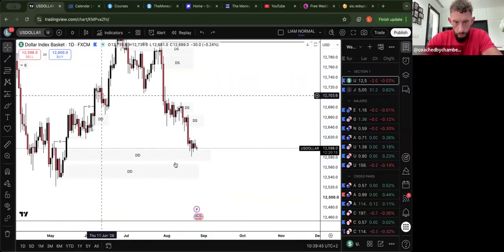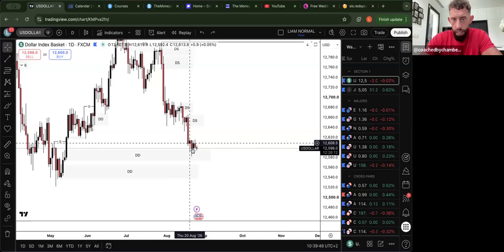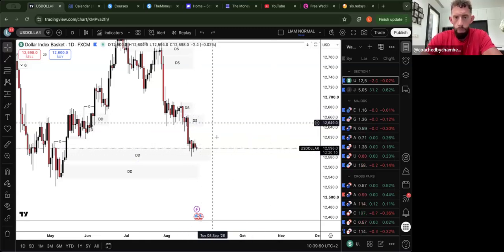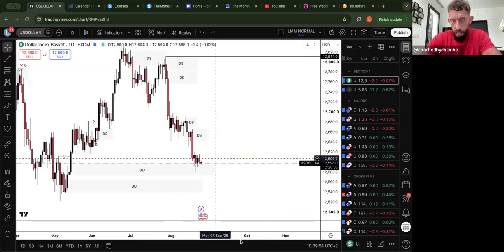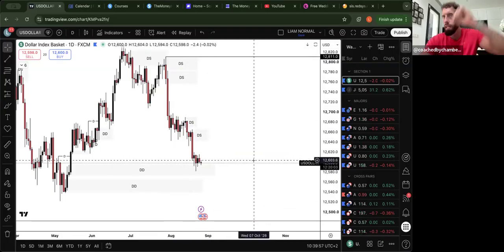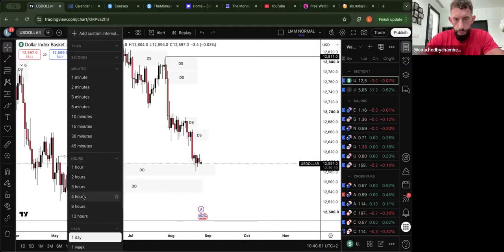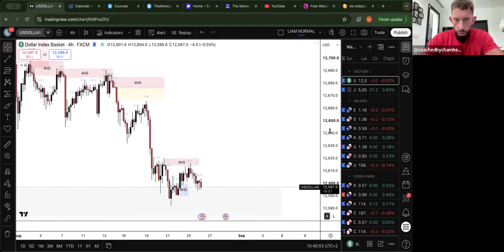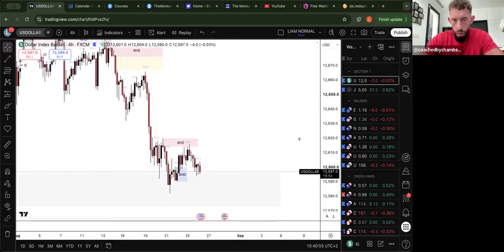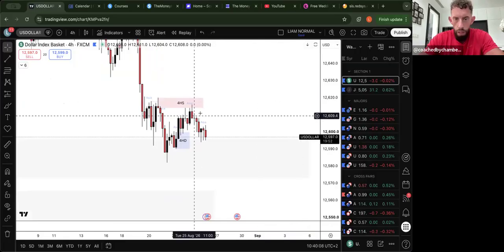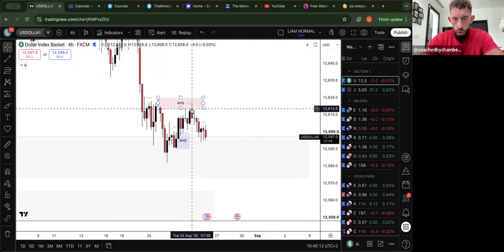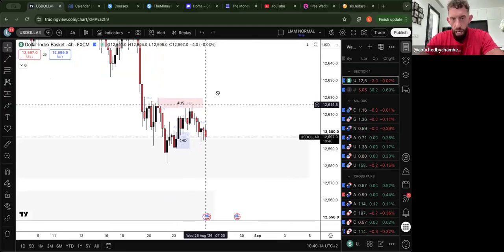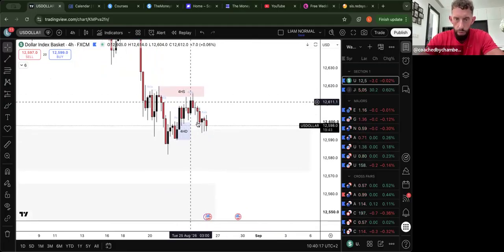So right now, we're inside this daily demand, but we have been descending with the market structure. You can see we've had mini pullbacks, descend again. Are we going to get a mini pullback and start to have that trend going downwards again? Let's see. Now, going into the four, we can see that the 4 hour supply area, which I discussed with you guys, has literally played out perfect. You can see since Monday, Tuesday, we've been inside of this supply area,